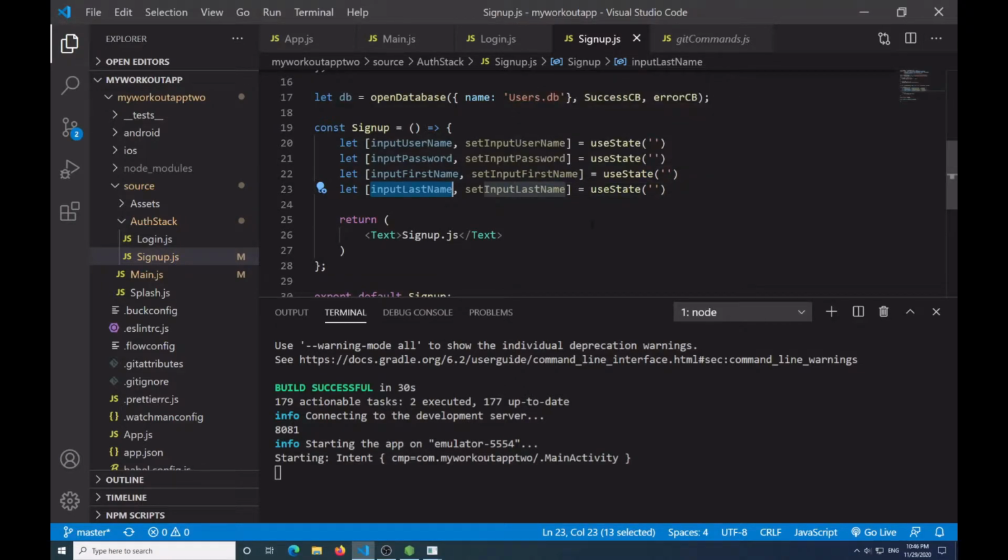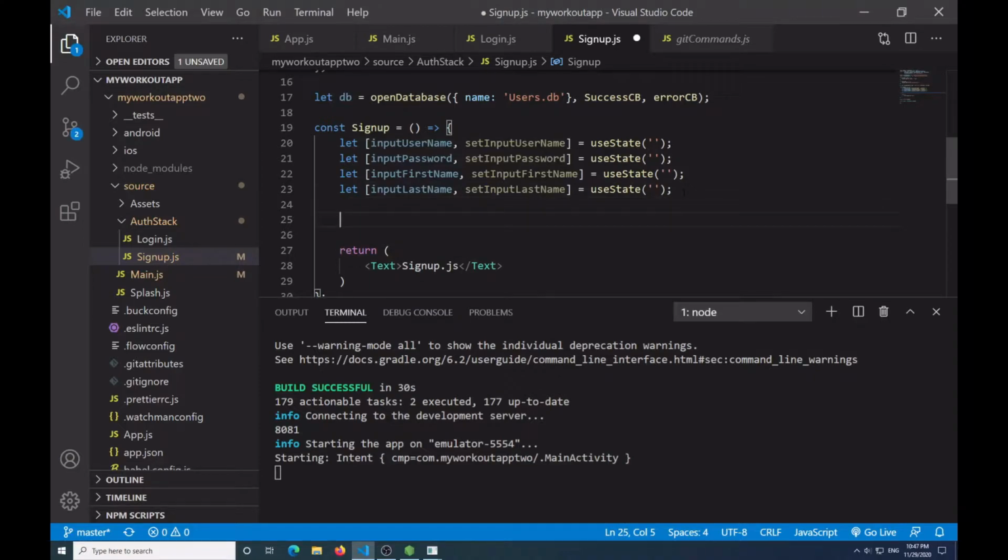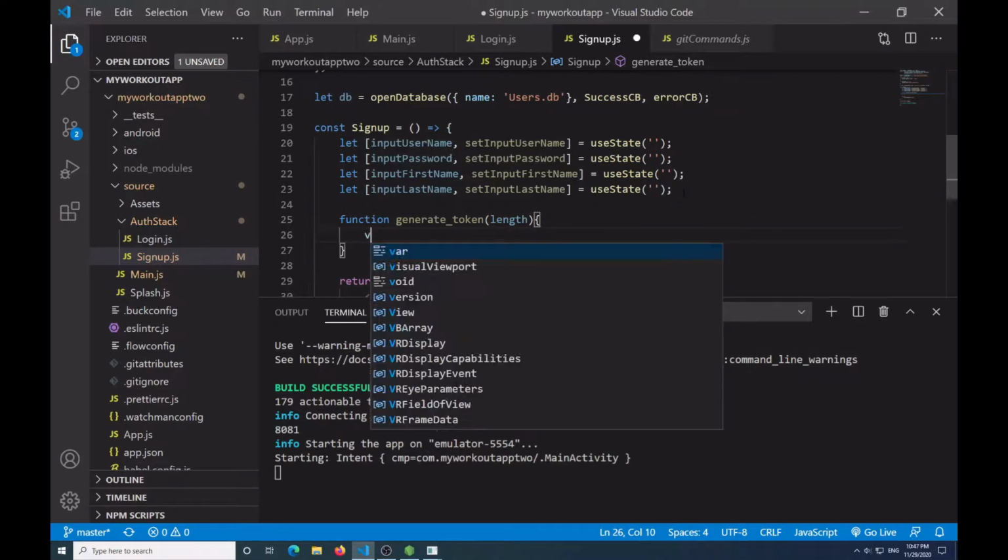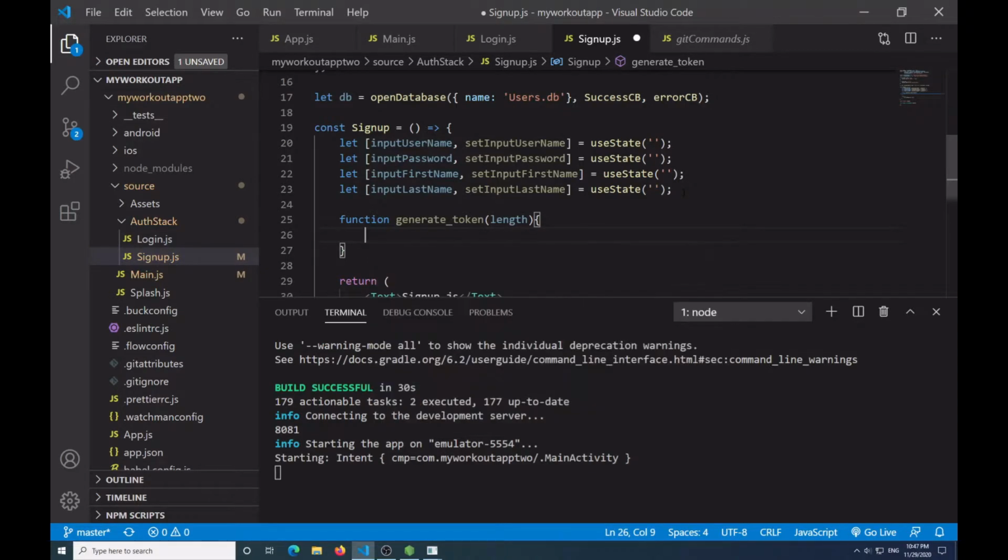And then under here, let me put my semicolons, save. Then under here, I'm going to create a function to generate a specific user token. So I'll call this generate token, and pass it in length. Then I'm going to say let